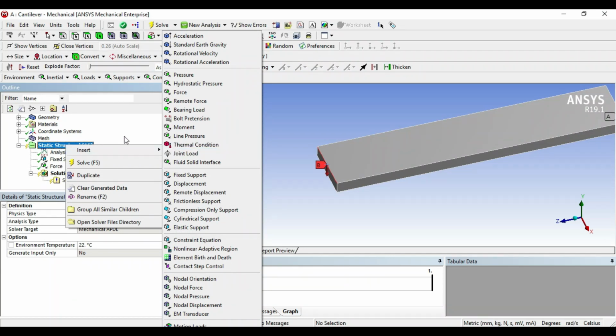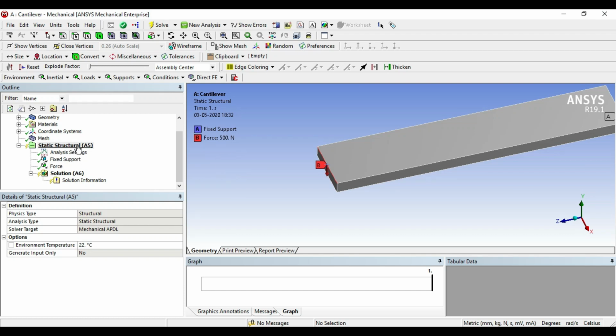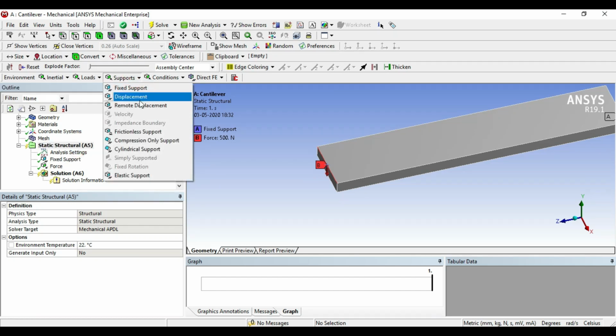Depending on the type of analysis, you will find a different toolbar available. All the supports that are in static structural may not be available for another type of analysis. So depending on the type of analysis, you will find different types of supports or loads available.